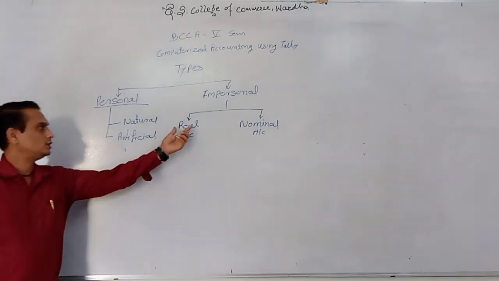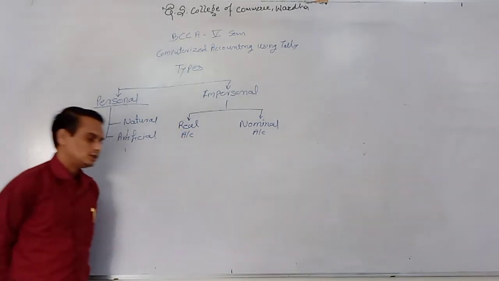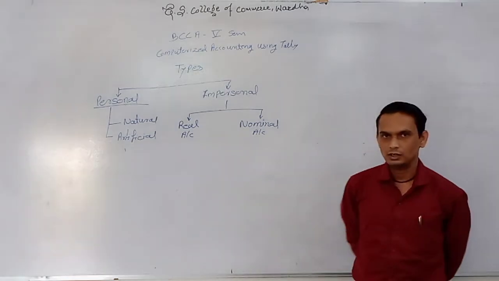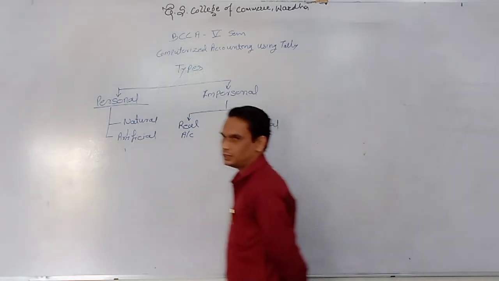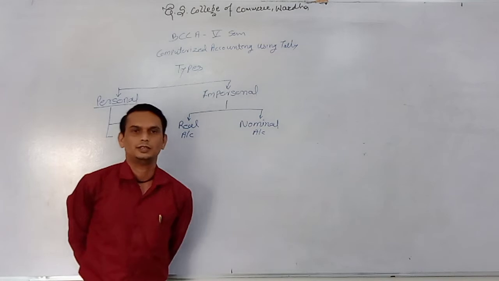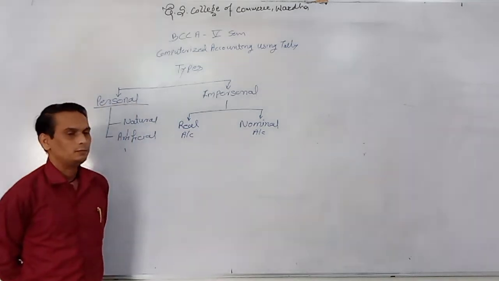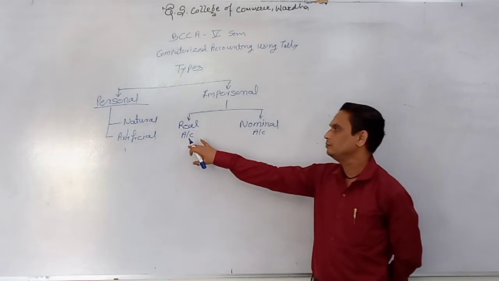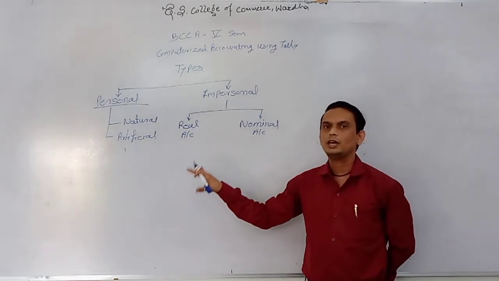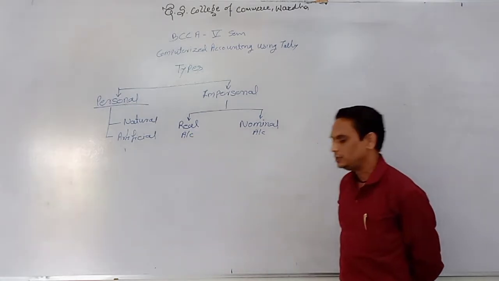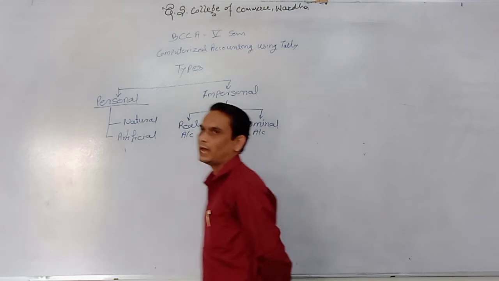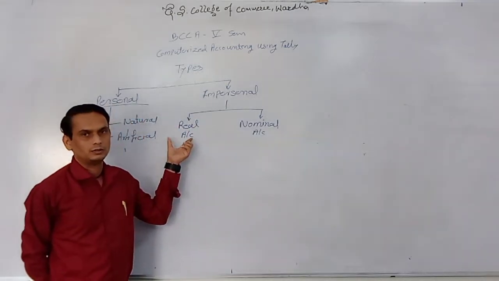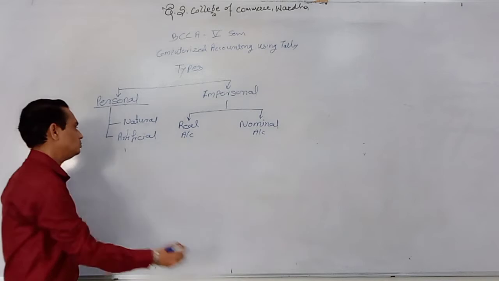The first one is the real account, which is always related with assets. When we purchase or sell some assets, any type of transaction related with the assets is included in the real account, or all types of accounts which can be called assets are included in the real account. So the rule for the real account